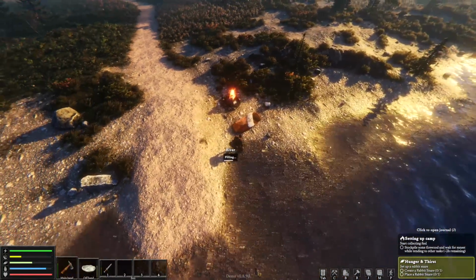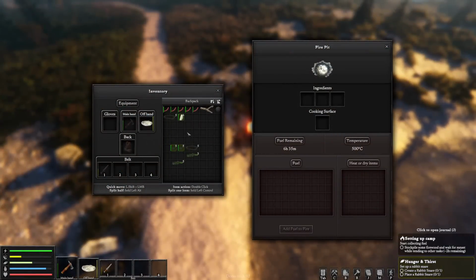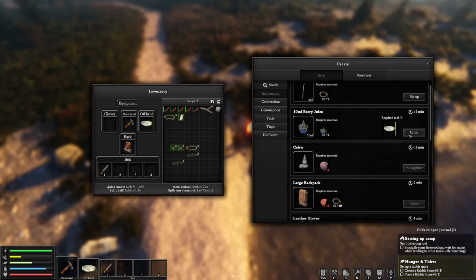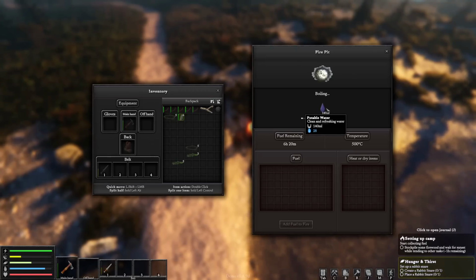So I'm going to fill up my water over here and head it back on over to the fire. We've got a cooking surface, and it looks like I can just crush up the berries inside of the bowl from here. However, after crushing up the berries, it doesn't actually look like...